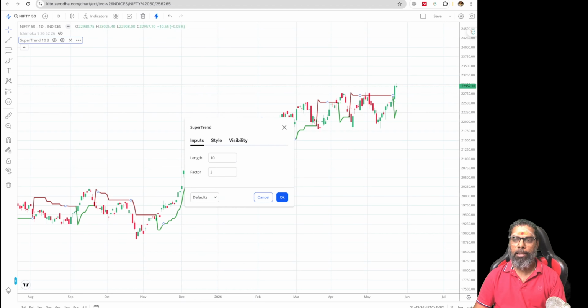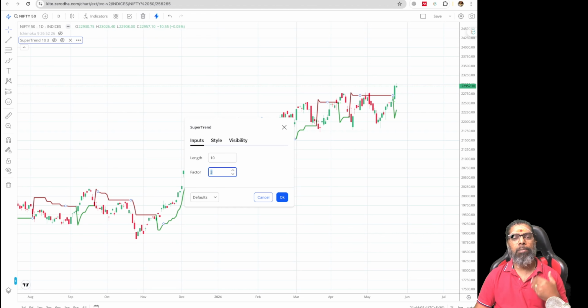If you click, you can change the setting. So the factor is ATR. Basically ATR ranges from 1 to 7. If you want to be a moderate or average risk taker, people will tend to use this factor as more than 3, like 7 or something. But if you are doing a very fast, quick trade, you can reduce this multiplier to 1 or